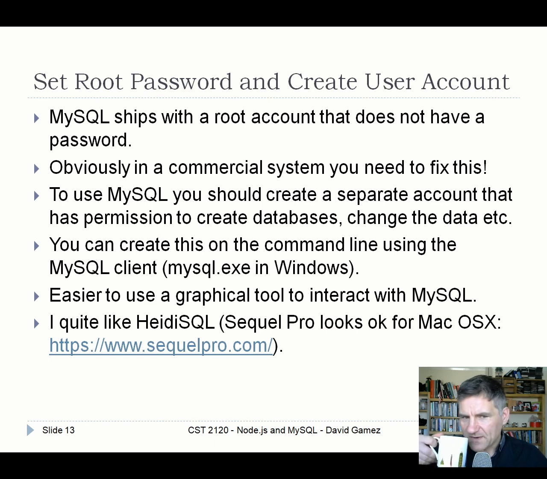So once you've got MySQL running, the sensible thing to do is to change the password on the root account, because the version that comes with XAMPP doesn't have a password. To get into the database, you just type root and no password, and you get straight in. That's a massive security vulnerability, and if it was a commercial system, you'd obviously need to fix that. So the correct thing to do is change the root password, for example, but